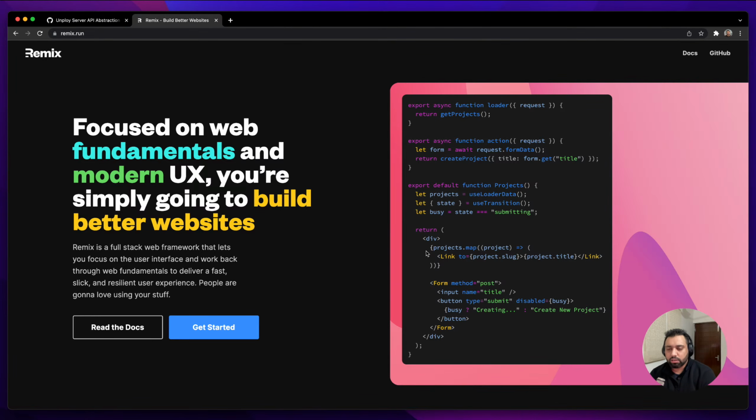I think Remix got released earlier this week, and it's all over the internet, and a lot of people are talking about it. It's basically a React framework that you can use to build dynamic web applications. Now, as per the Remix team itself, it's a bit different from Next, which is a very popular React framework,